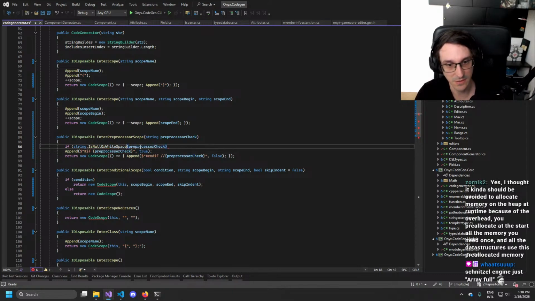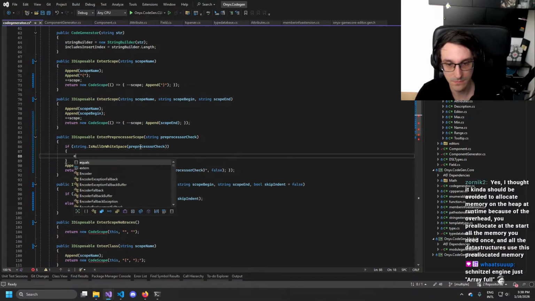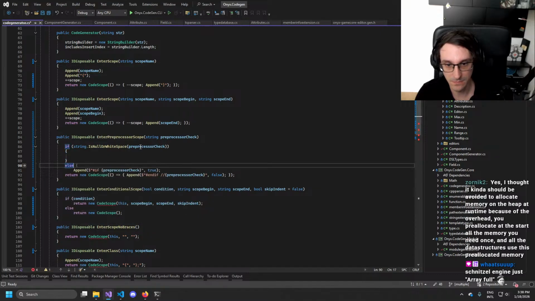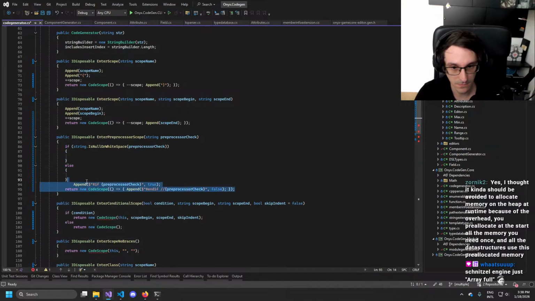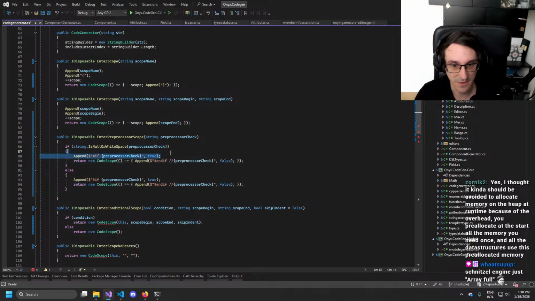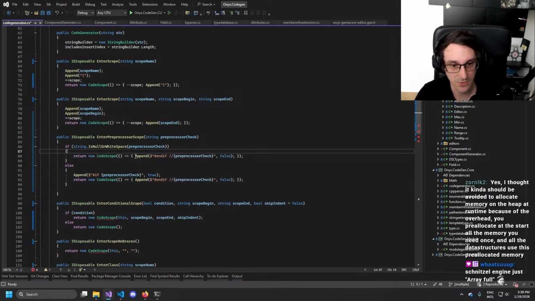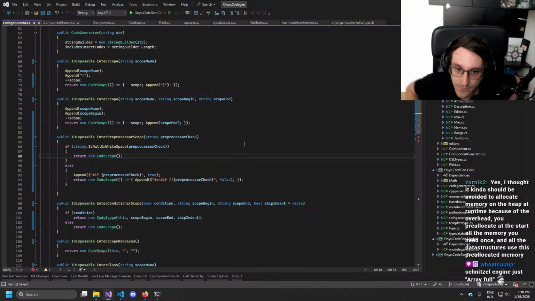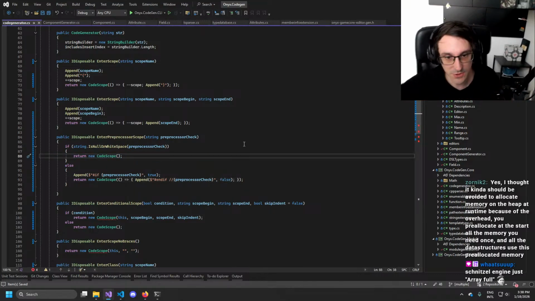Null or white space, I think, right? So if that is null or white space, then we just do an empty one. That is basically our conditioner now.